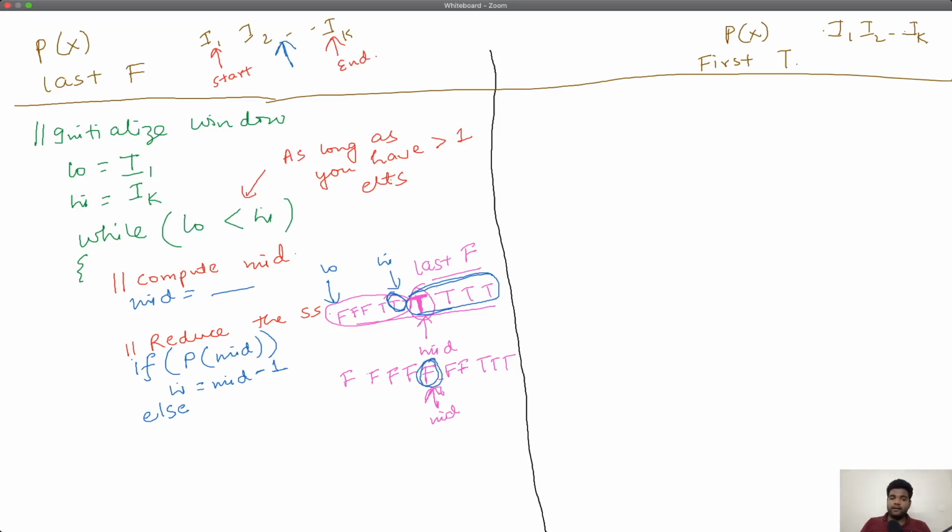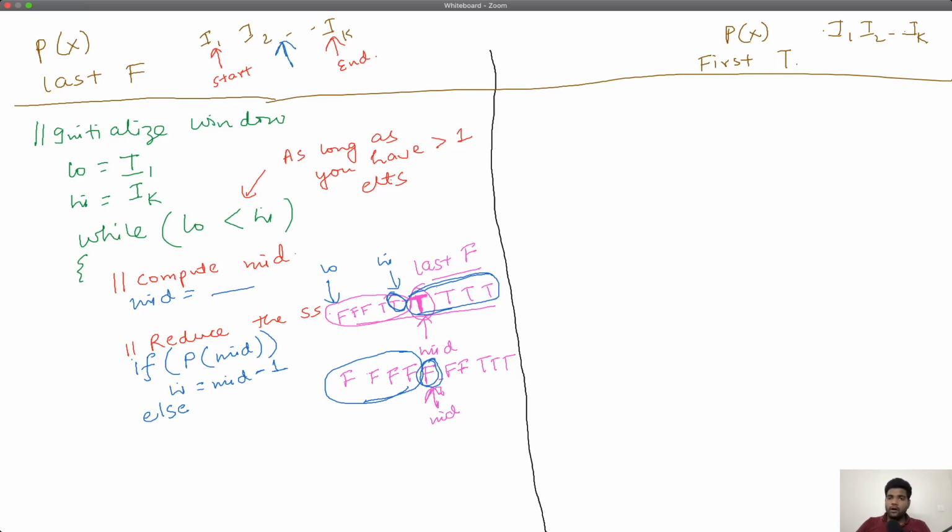What you can infer is that you can discard everything to the left of this mid. You cannot discard the mid because the mid might be the last F. You don't know. But you can definitely discard everything to the left of this mid because you got an F. So either this is the last F or something to the right of it is the last F. Right?